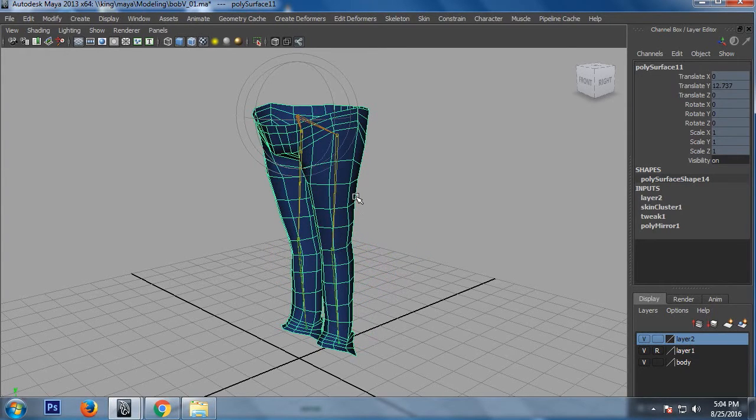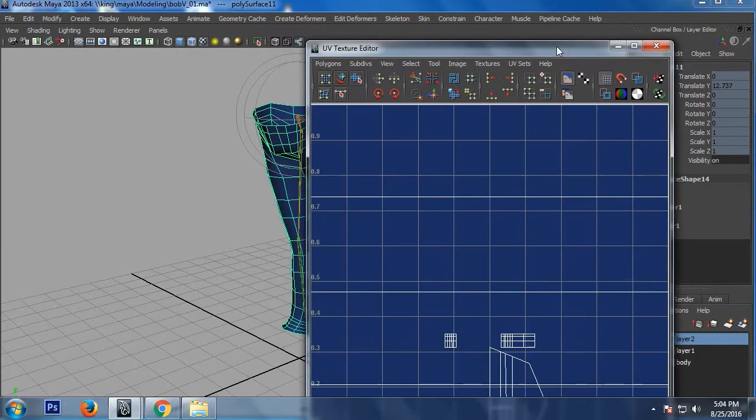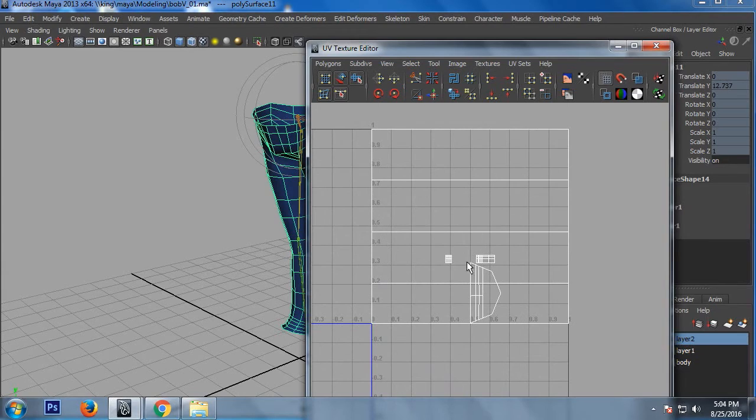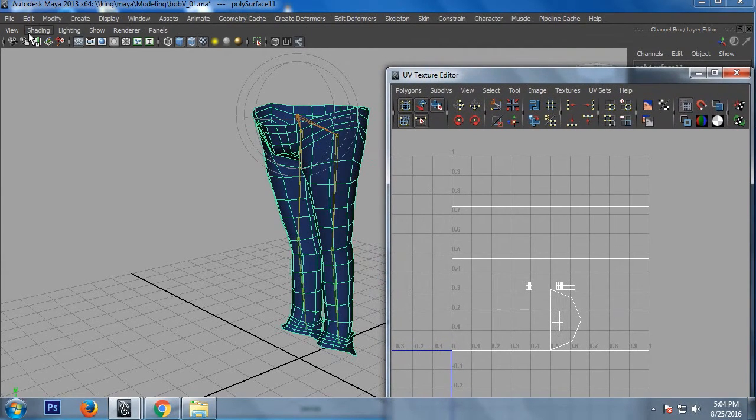And after you have done a lot of skinning and you want to edit or do some UV changes, what would you do? For example, let me see the UVs of this. As you could see, UVs are not yet done on this model. I would like to just do the UVs.